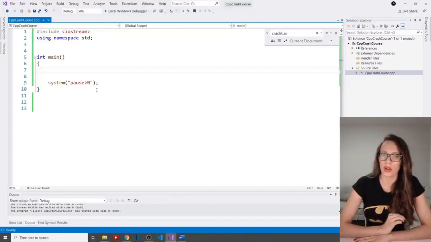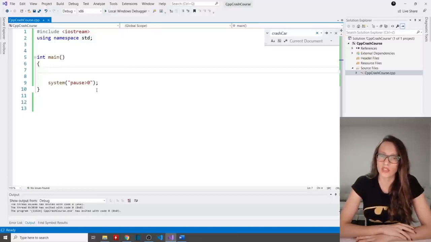One of the most important concepts of OOP are classes and objects. Now, a class is a blueprint, a template, and then an object is going to be a concrete example of that class or an instance of that class. For example, a class can be an animal, and then an object is going to be a concrete example of that animal.